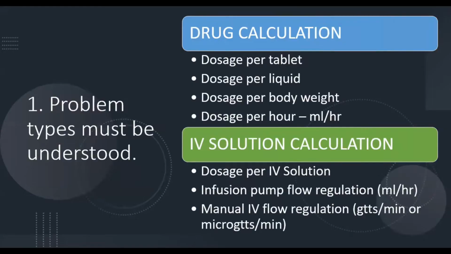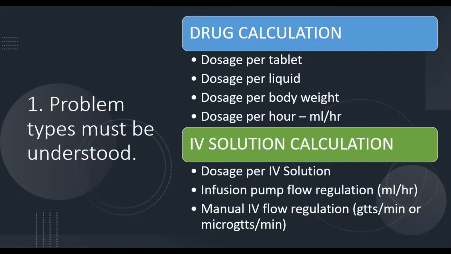The first consideration is that problem types must be understood. For the problem types, we have classified them into drug calculation problems and IV solution calculation problems. Among the drug calculation problems that can be encountered in NCLEX, Prometric, and other licensure examinations are the ones that have something to do with dosage per tablet, dosage per liquid, dosage per body weight, dosage per hour,